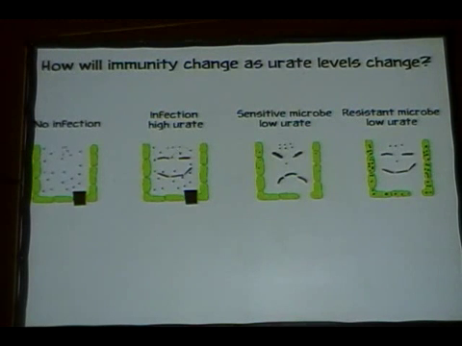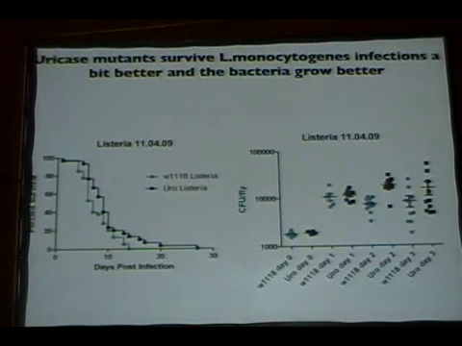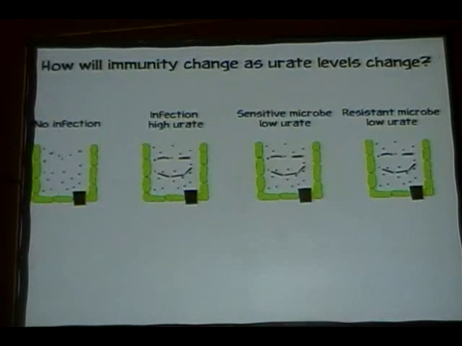Okay. So we do this with listeria, and we find the following thing. We've done this experiment 5 times now. The change isn't huge, but it's always significant, P is less than 0.001. The mutant flies live longer than do wild-type flies. And listeria grows better in the mutant flies. So if we plot this on our tolerance curve,